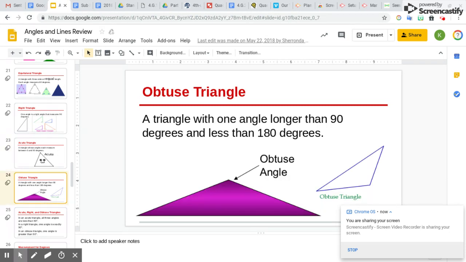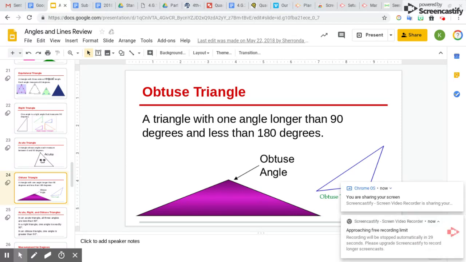So the last one is an obtuse triangle. All right. So we know what an obtuse angle is. An angle that is larger than 90 degrees, but less than 180 degrees. Okay, so we know that about an obtuse angle. Well, it will apply in the same sense when we're talking about an obtuse triangle. Okay, so an obtuse triangle has an angle, only one, that measures larger than 90 degrees,